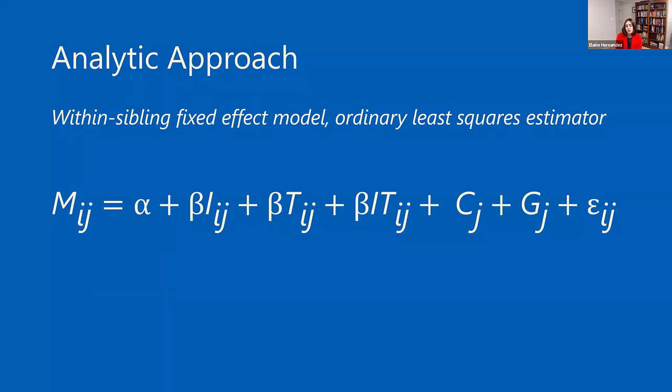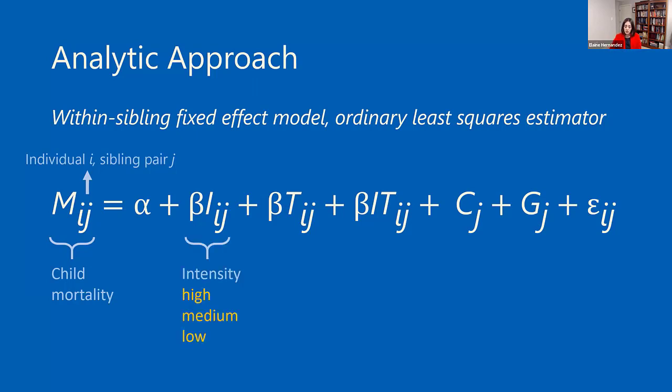So in terms of our analytical approach, we fit a within-pair sibling fixed effects model. And for ease of interpretation, we use a linear specification with an ordinary least squares estimator. Our results were substantively the same when we used a logit estimator. And to be clear, we're modeling the risk of dying among individual I and sibling pair J in that 10-year interval. This is comparing individual I who is exposed in utero to their sibling who was not exposed in utero. So in this particular model, we are focusing on intensity of the exposure, high, medium, and low, the timing of the exposure, the first, second, and third trimester,